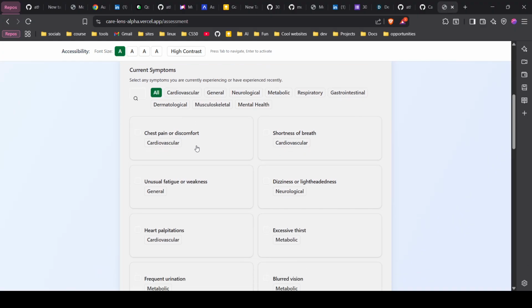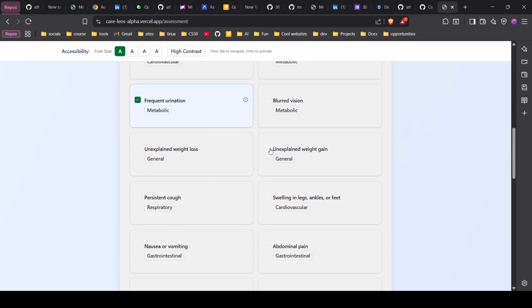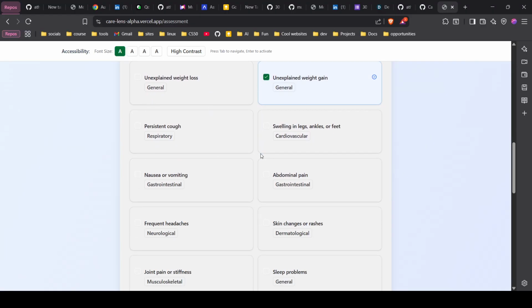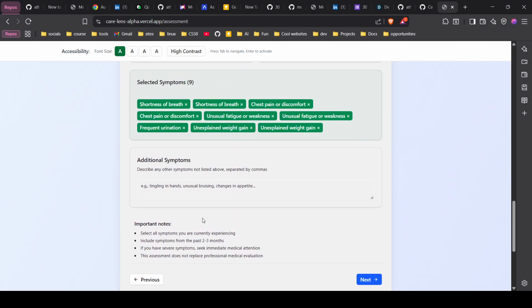So we try to show the symptoms to the user, like what kind of symptoms they have. It's general, neurological, and they can choose from what they're feeling. And with this, it will help the health assessment. So from here, if we go